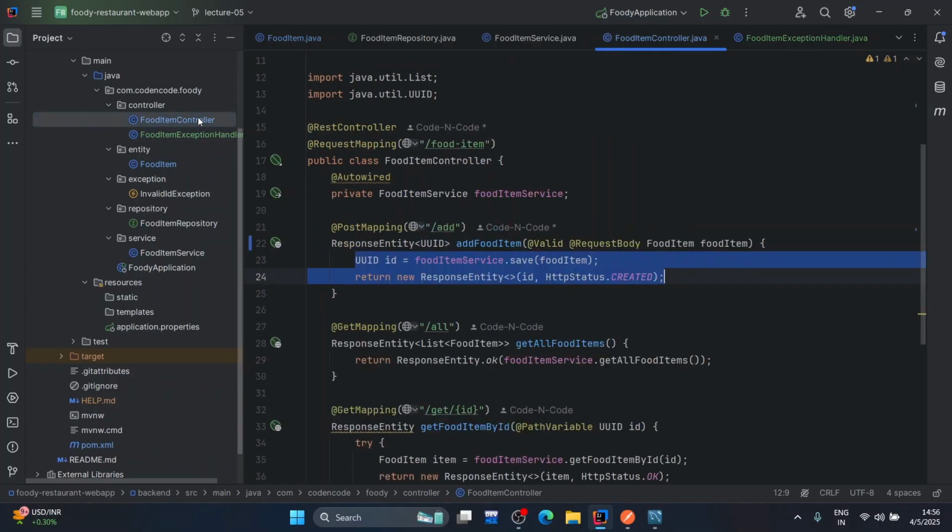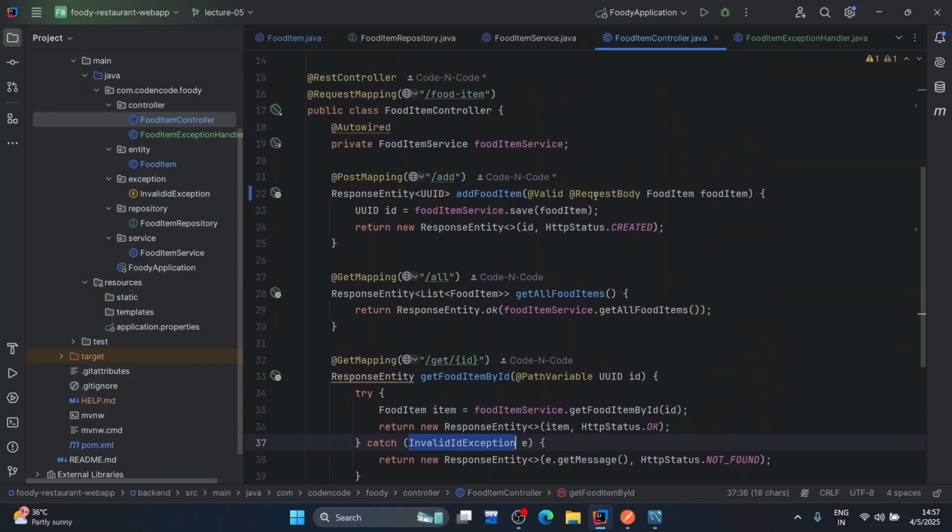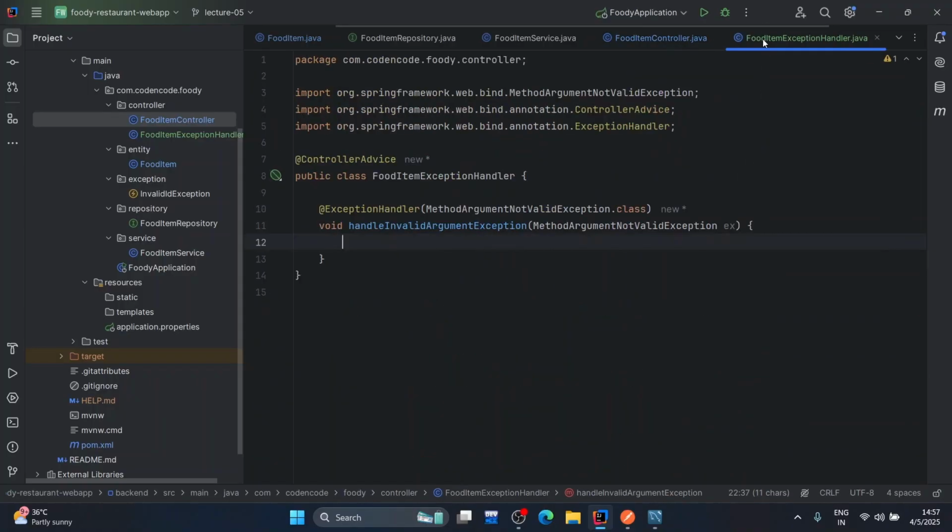So if you look at the controller, we were handling the exception there for getting a food item, right? So here we were trying to get the food item. If the food item is not present, we were getting an invalid exception. Okay, that is a different exception, we'll handle that also. Now for this, it will throw an exception of type MethodArgumentNotValidException. Once you have this exception, you must return it to the user, and let them know that some of the field values are not valid, right? So what you can do is return